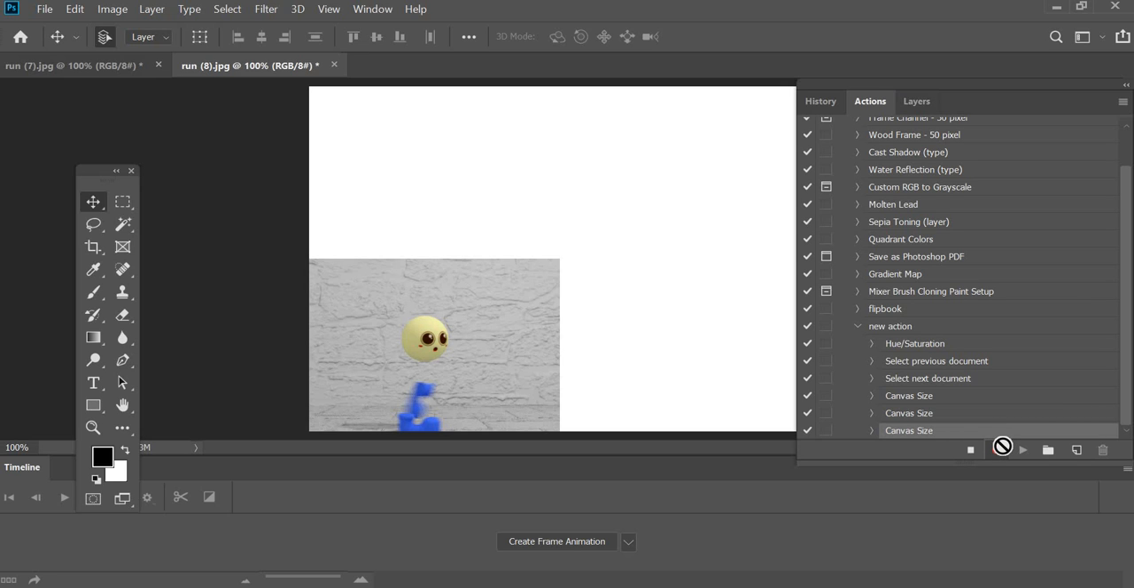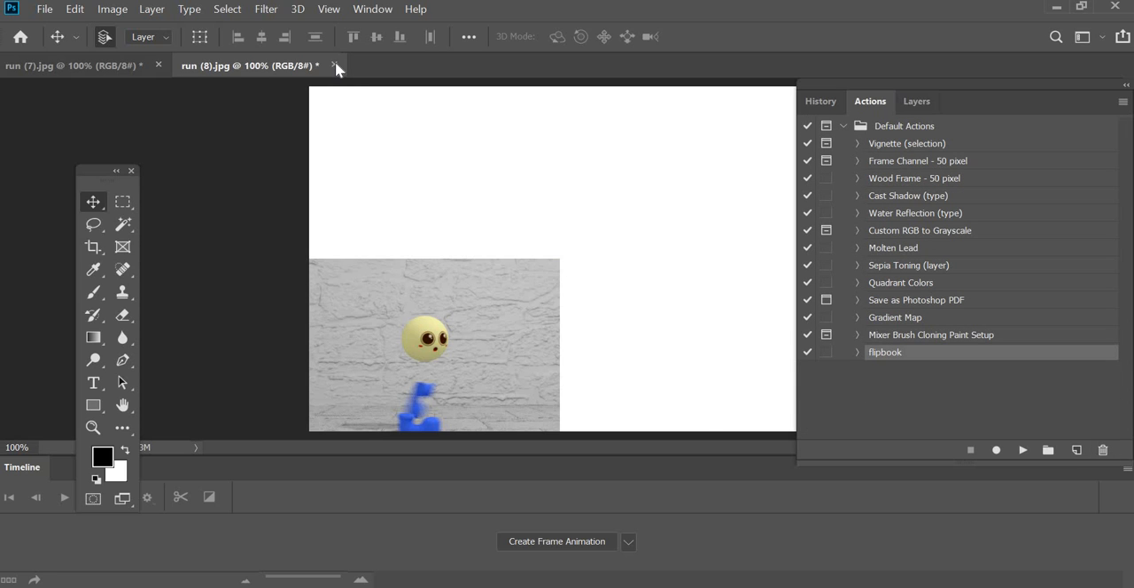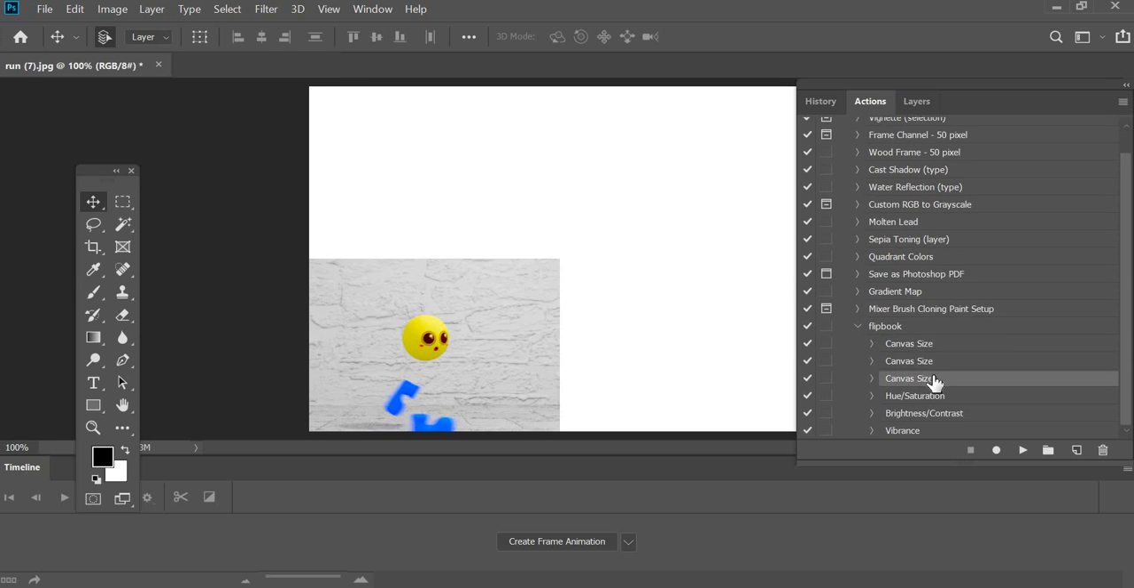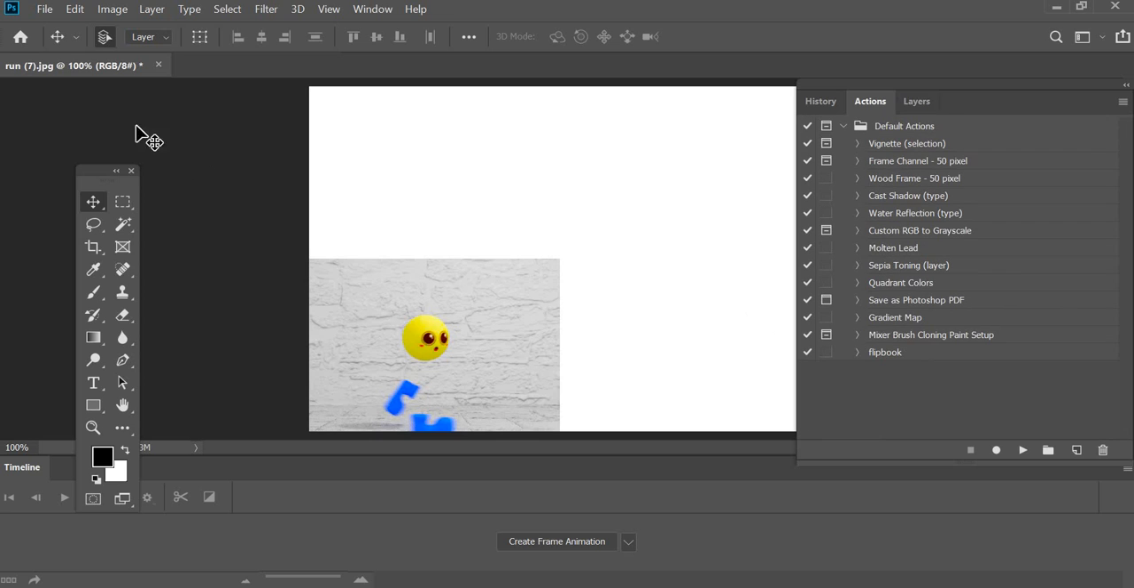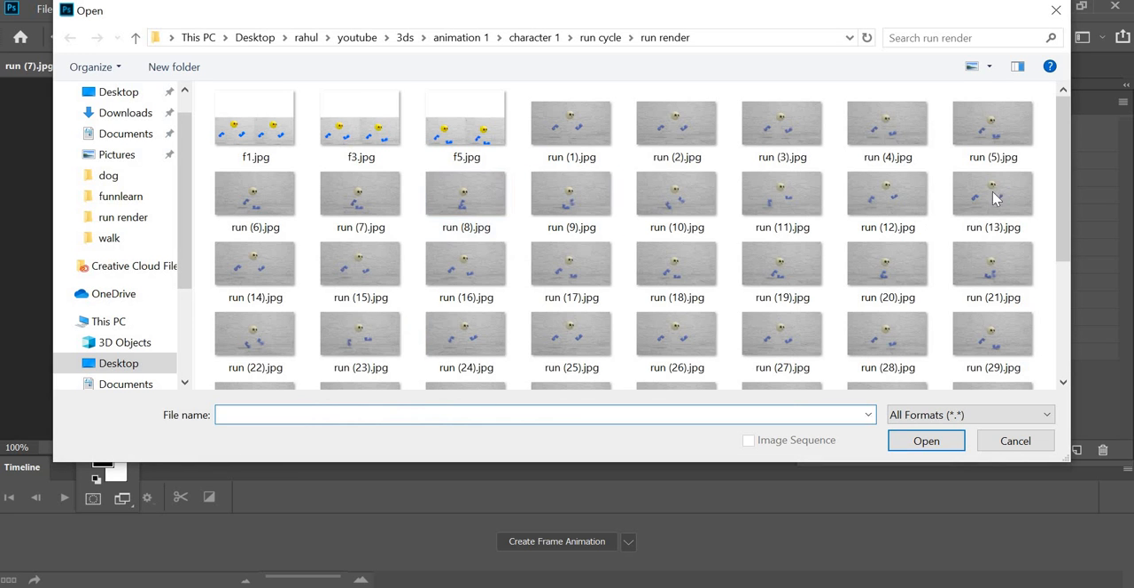So you continuously keep doing this. I'll stop it now, and I will delete it because I don't need it. I've already done this. I'll show you. I'll close this also. So I did one canvas size, second canvas size, third canvas size, then I did hue saturation, brightness, and vibrance to get this look. Then the 7th one is open. I'll open the 8th one,